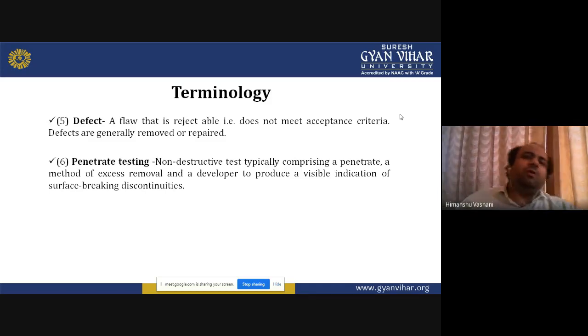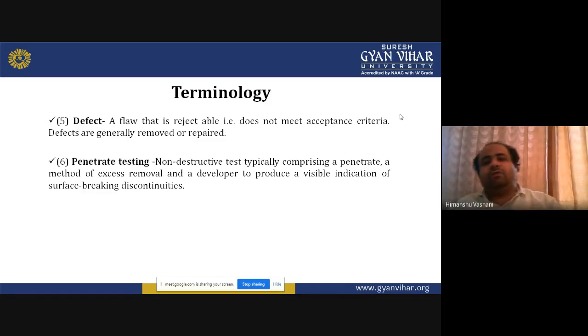Why are we doing NDT? We are doing NDT so that something does not get destroyed. We are actually trying to save time and money. If you are trying to remove something, then you have to wait for another thing to come, and then you will install it, and then you will use it, then you will again set it up. So it is taking your time, and time is money.